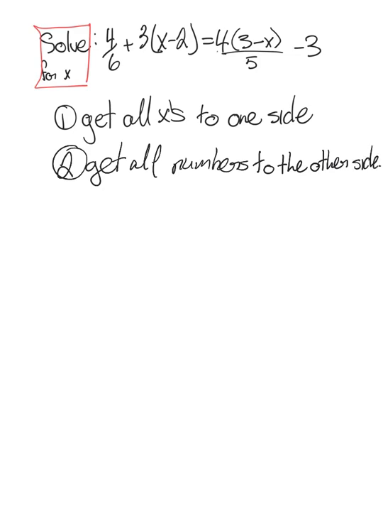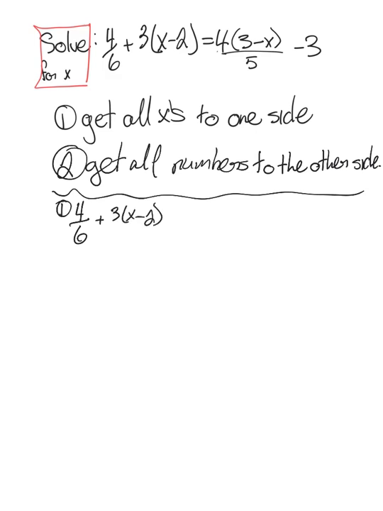So we're going to start with that. So we're going to start at step 1. So how do we get the x's over to the one side? We have 4/6 plus 3x minus 2. That's already on the one side of the equation. But then we want to get this term over there. So now we subtract 4/5 3 minus x,